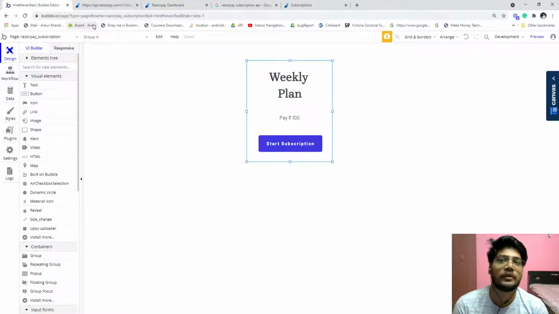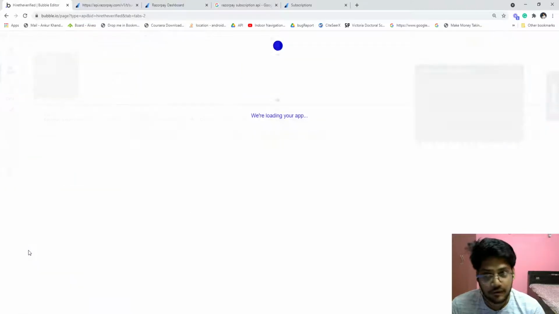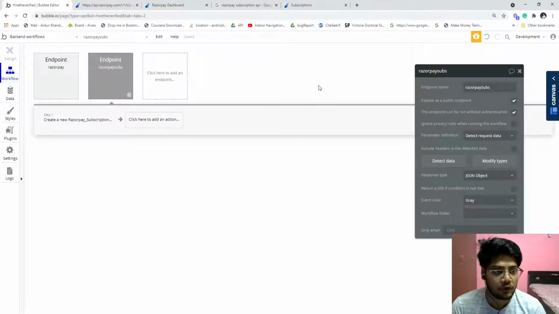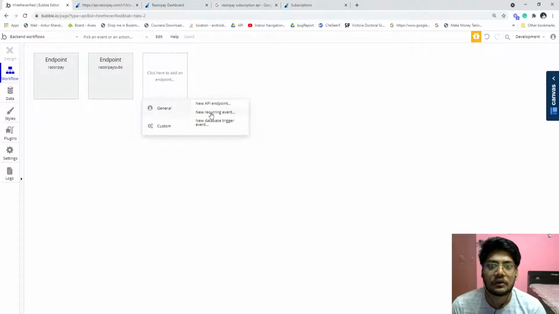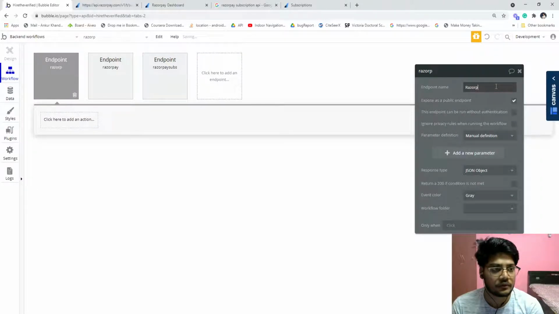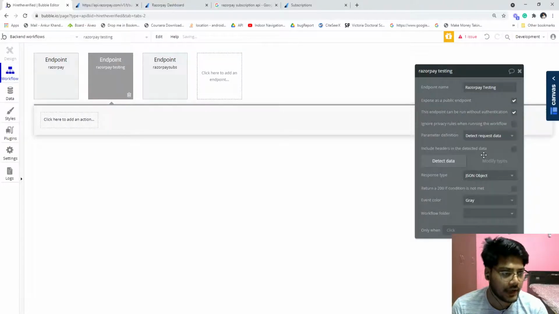And how will you know whether it is done or not? For that you have to go to the backend workflow I have already created. What you have to do is click here, new API, click on new API endpoint like this. For example, give it any name, in my case Razorpay testing. Click on this: endpoint can be run without authentication, check detect request data, and click on detect data.